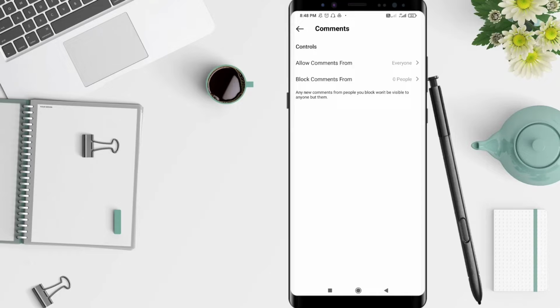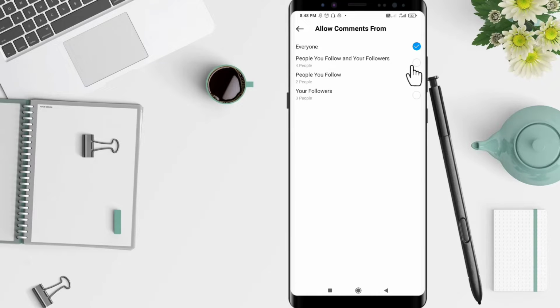You can control who you allow comments from. Is it everyone, or just people you follow, or just your followers? I choose people you follow. So if I choose that, the followers you do not follow will not be able to comment on your post. After that, click back,